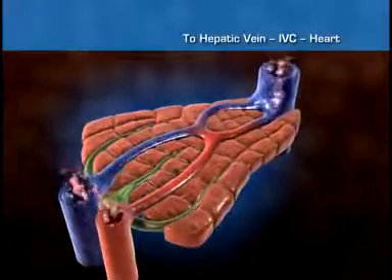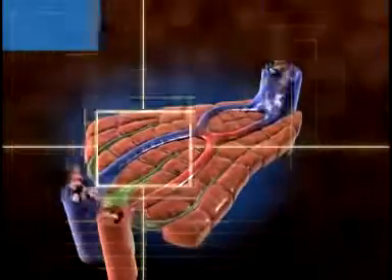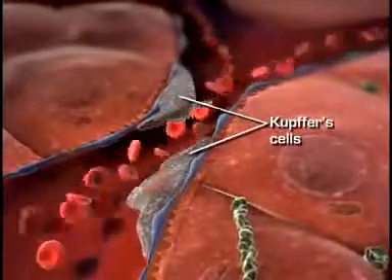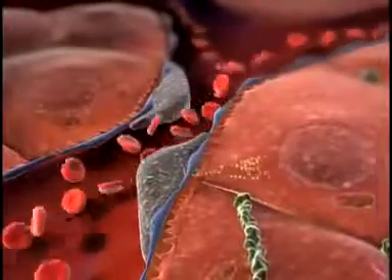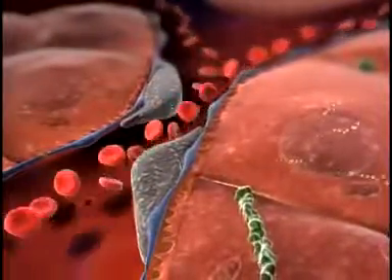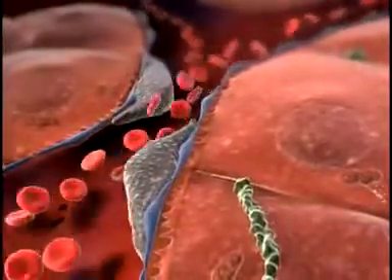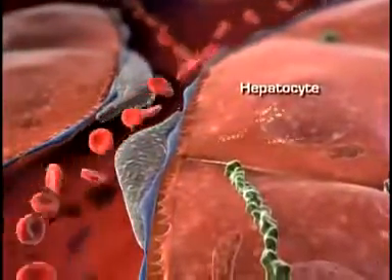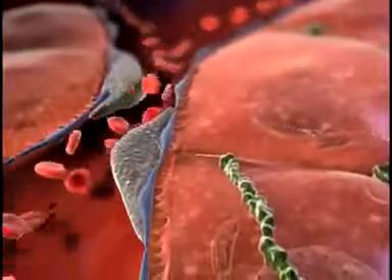As blood travels through the liver, cells called Kupffer's cells remove waste products such as bacteria, old and defective blood cells, and other foreign material. The breakdown of defective red blood cells results in the formation of a pigment called bilirubin. The hepatocytes remove bilirubin from the blood and modify it so it can be secreted into adjacent small bile ducts